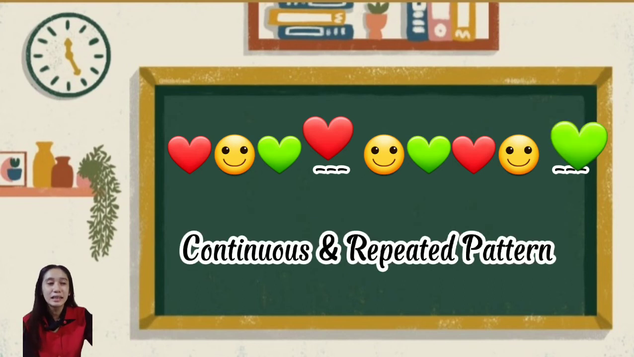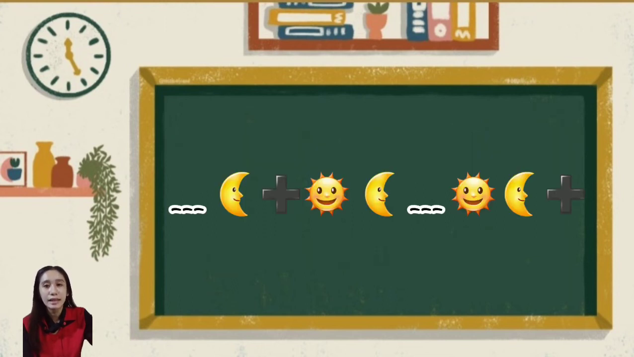We can see in the illustration of the given continuous and repeated patterns of pictures that the next shape in the last picture is the green heart, and the shape in the second set of pictures is the red heart. Next example,